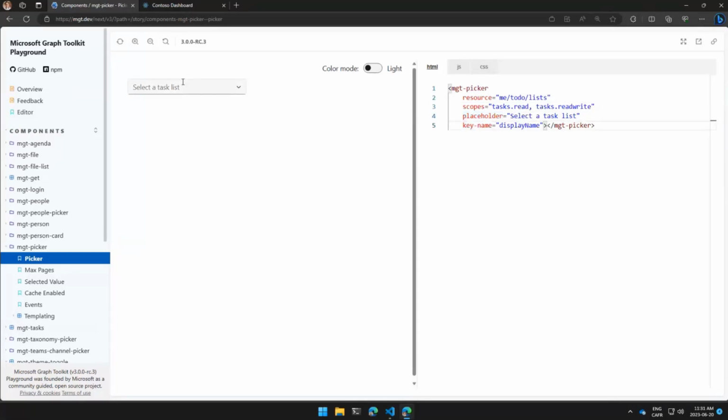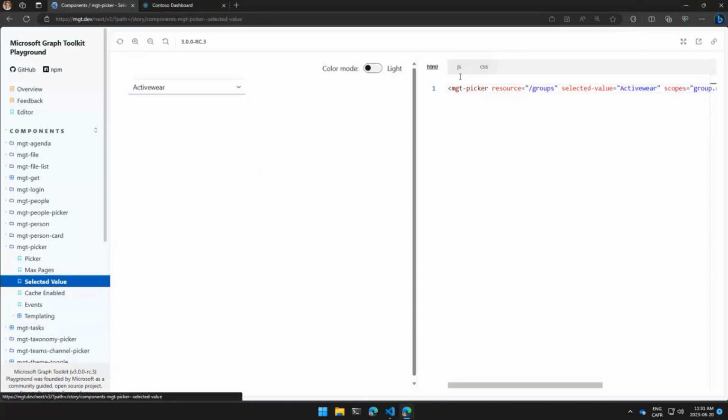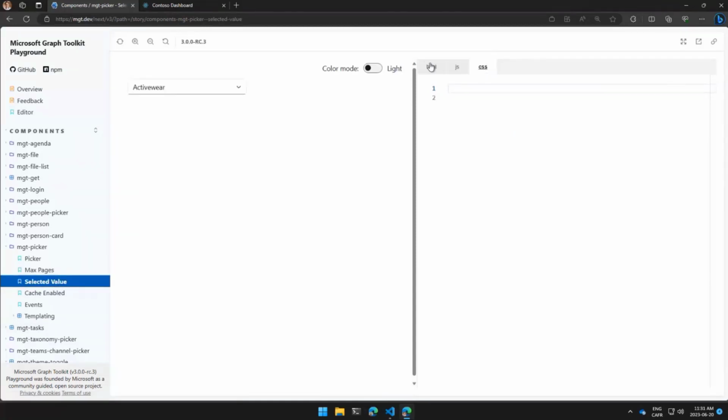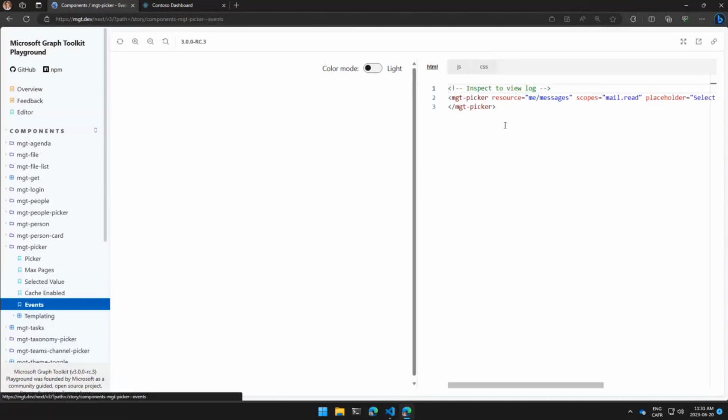So what do I want to show here as the title of the item? So for example, I can go here, and now you see that it automatically got my things from the to-do list here. I can select it, and then I can get the selected value directly in JavaScript. For example, here, actually, now that's not what I wanted to do. At the events here, I can actually go here.